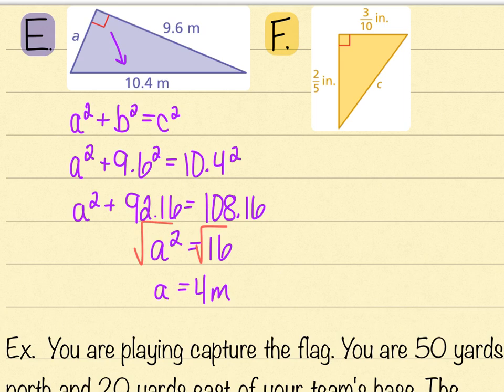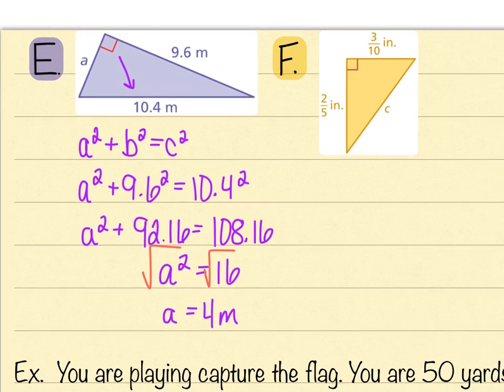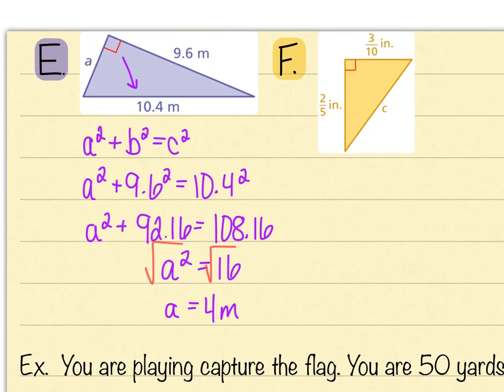Now, for example F, we're using fractions, but that's no big deal. You could actually turn these into decimals, but we don't actually have to. So a squared plus b squared equals c squared. We're missing side length c, you can see, so we're missing the hypotenuse. So 2/5 squared plus 3/10